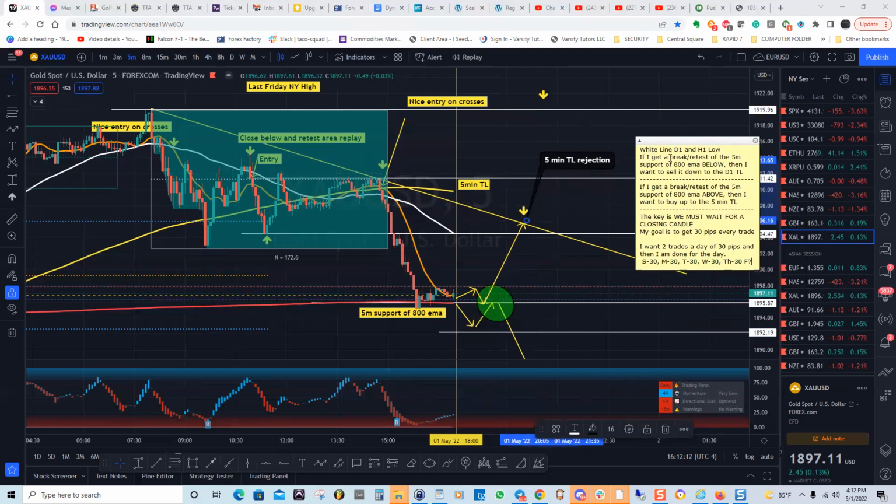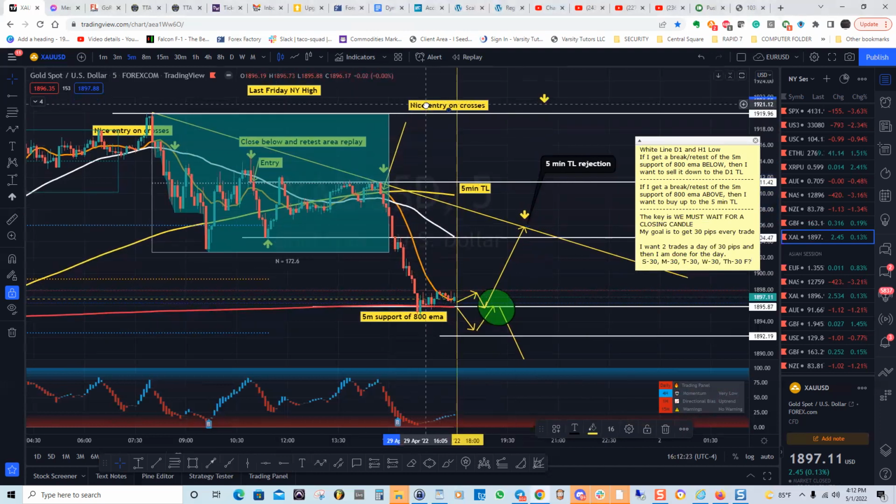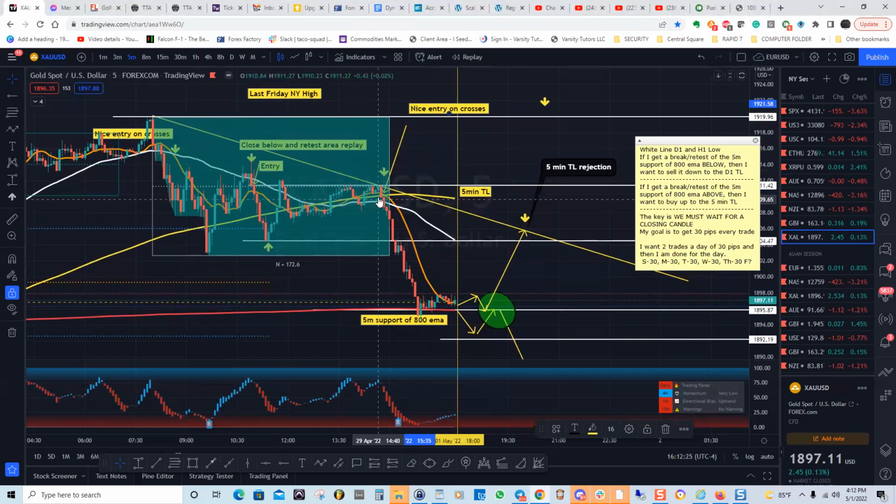See, remember, if I get a break and retest at the 5-minute support EMA below, then I take a sell down. Right. So this would have been an entry here. Not only did the nice entry cross, but what happened? It closed below the 13. I mean, crosses is one thing. That's one confluence. The second confluence is that it closed below the 13,